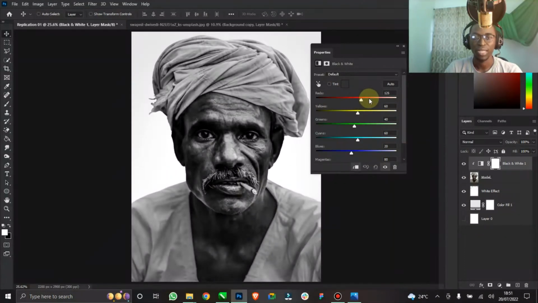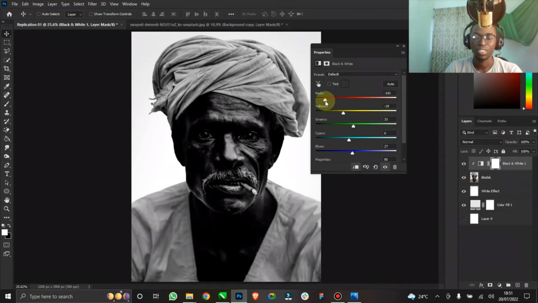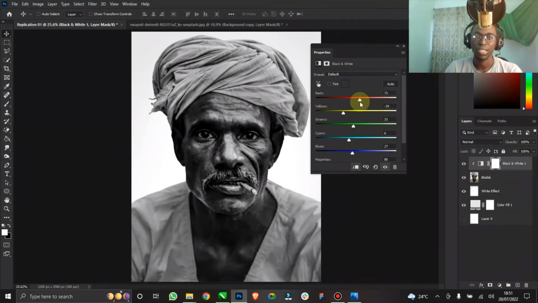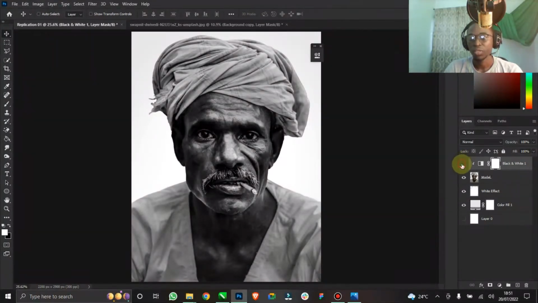You can either increase or decrease the red. You can either increase or decrease the yellow. Depending on how you feel, just play around with this. If you reduce the red, it makes it darker. If you increase it, we want to increase it a little bit. Yeah. So now that we are done with that,